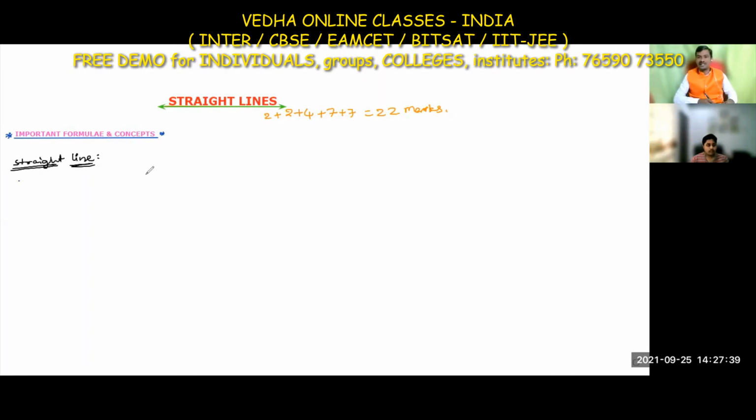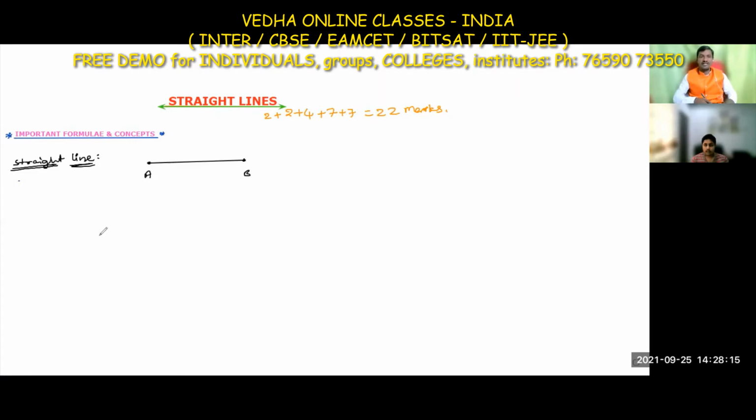So in that, straight lines is nothing but, for example, I have a point A and one more point that is B. Now I am joining these 2 points from A point to B point. Straight line is nothing but the set of points which joins any 2 points in a plane. So here we joined these 2 points A and B. It is a straight line.